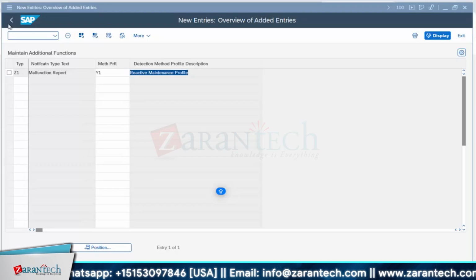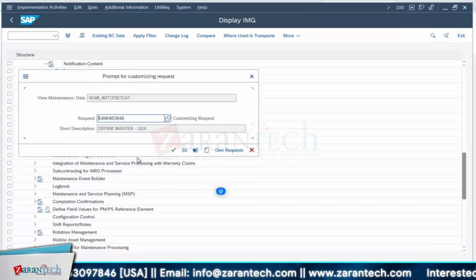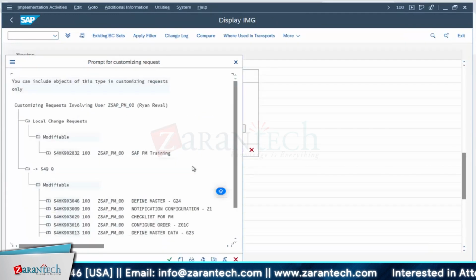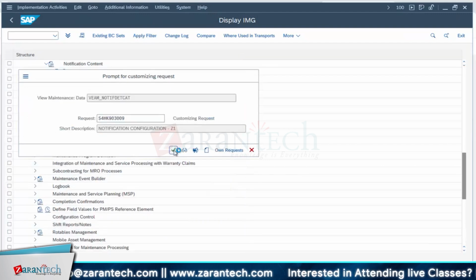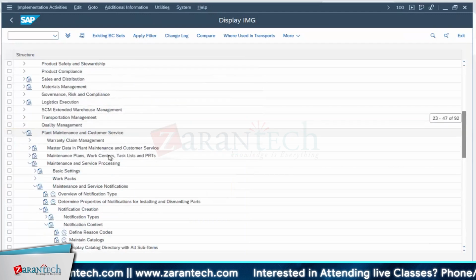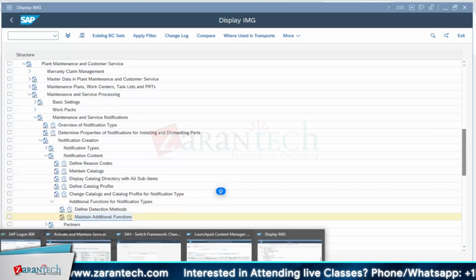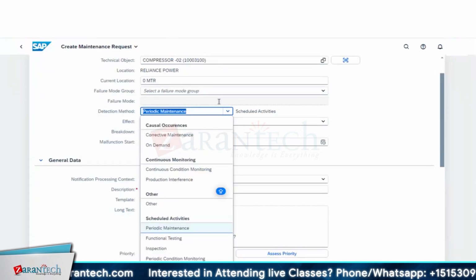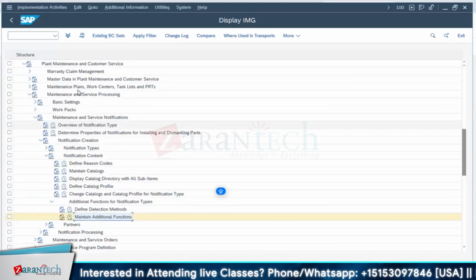and this profile consists of all these configuration settings. Okay, let me come back directly, go for your own request. We have created one maintenance configuration z1, right? Under that I wanted to save. So if I go for this, it is a normal notification we have created, means I want this in my app, right? Like this kind of app. So where can I have that? So go for this,